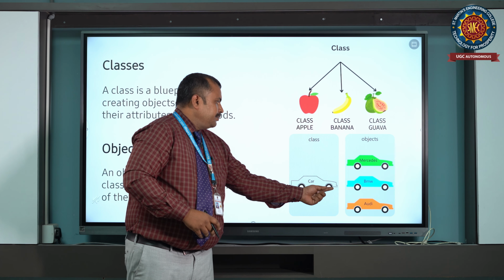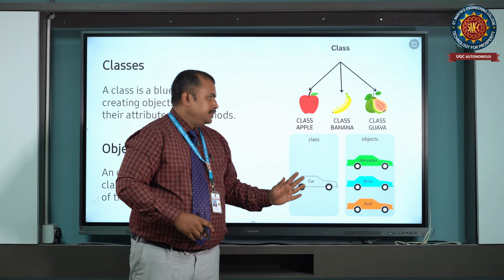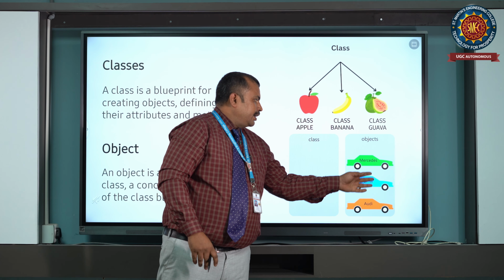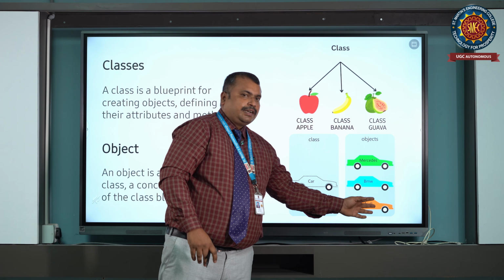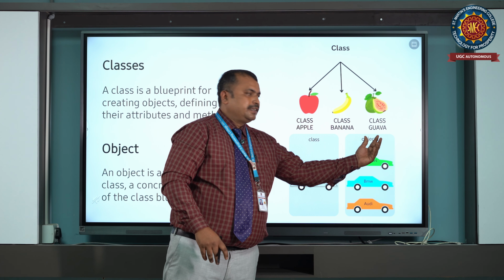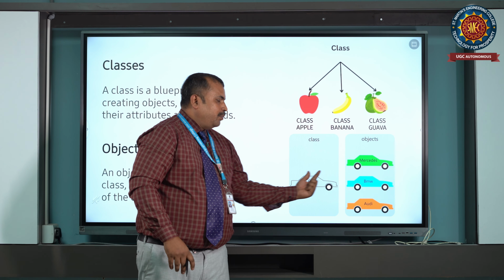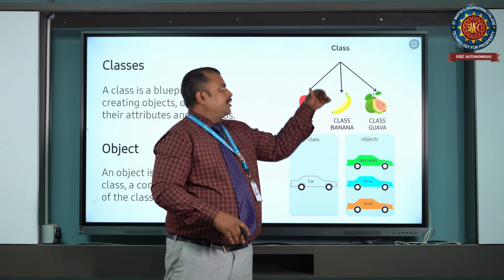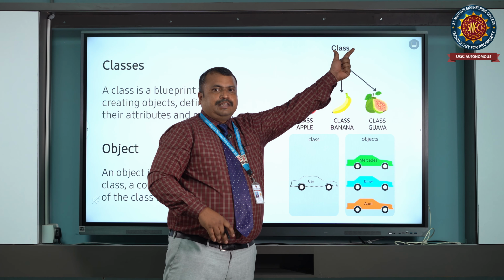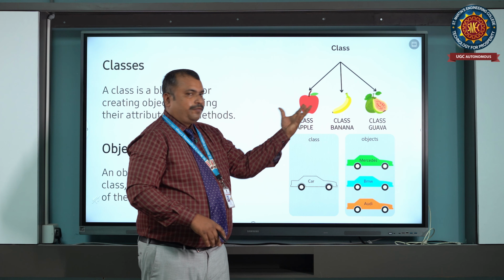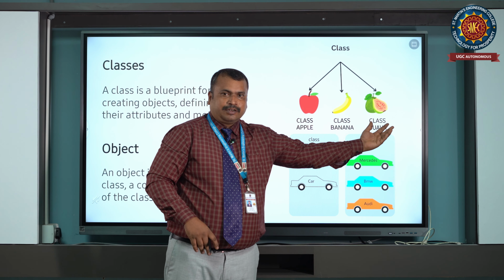The class gives the blueprint for the object. BMW, Audi, Mercedes are different kinds of objects. Or you can take this example: fruit is the class, having different objects like apple, banana, guava.